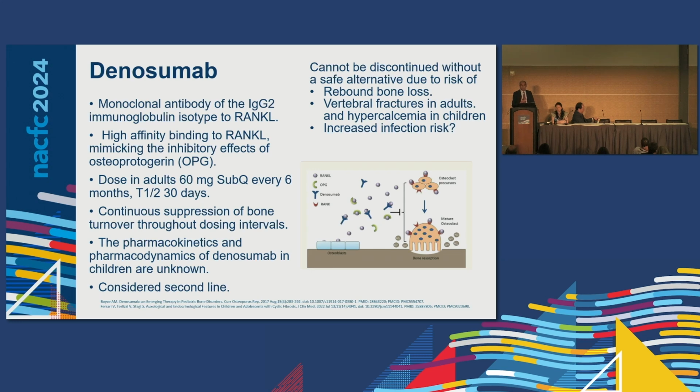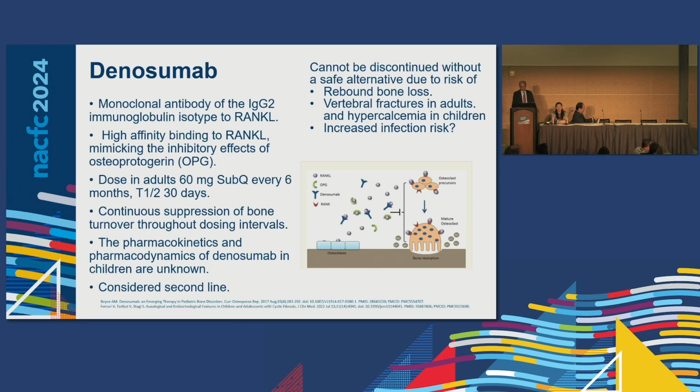Otherwise, there's a rebound, bone loss, there's vertebral fractures that occur in adults, hypercalcemia in children, and there's a slight risk of increased infections. So I still use this all the time in my patients, but it has somewhat fallen to second line in